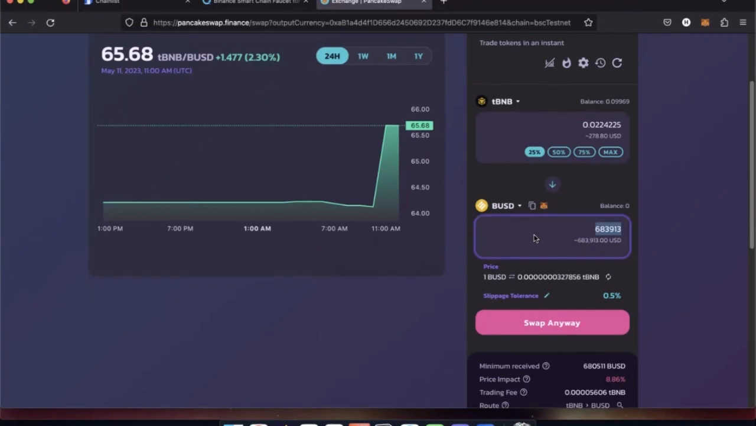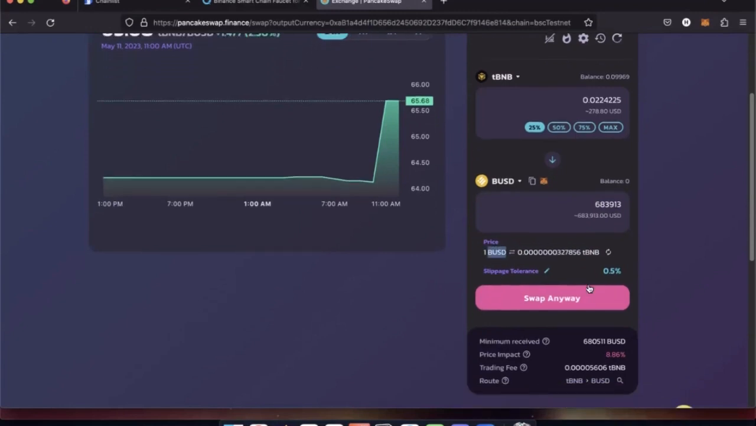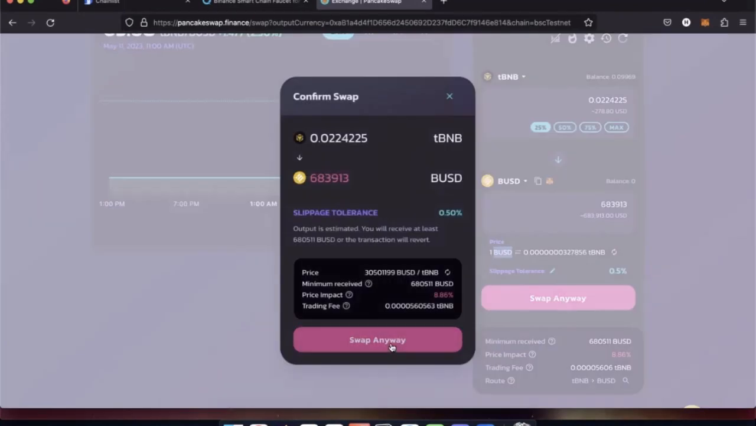So I'm just going to proceed with this transaction, and then I click on swap anyway. It shows me the current price. It says that with this amount of BNB, I'll be able to buy 1 BUSD. So it shows me the amount and it shows me the slippage. I also have an option to set the slippage of this swap, but I'm just going to swap anyway. When I click on swap anyway,